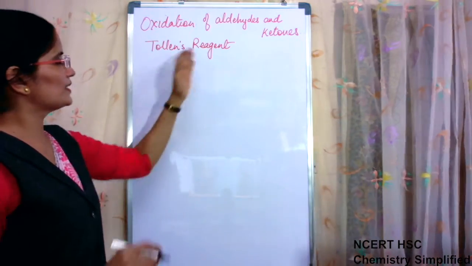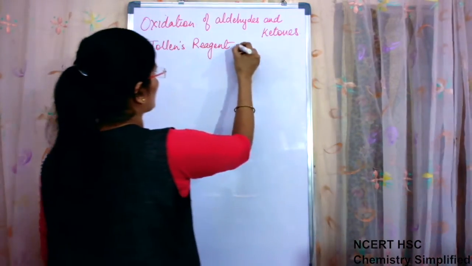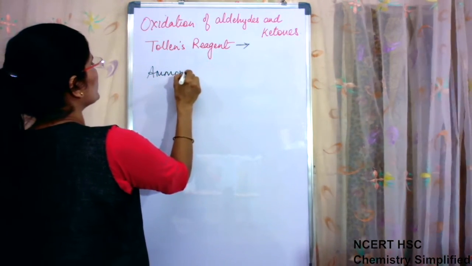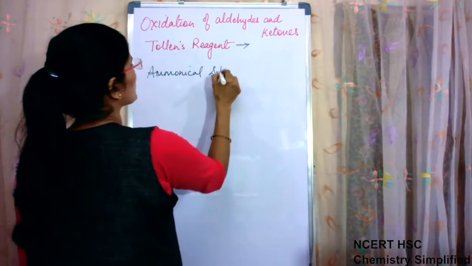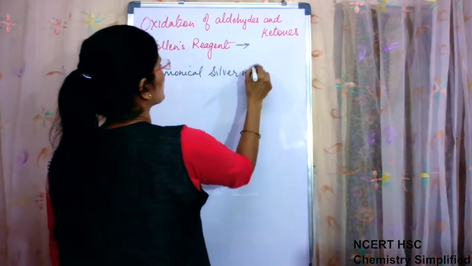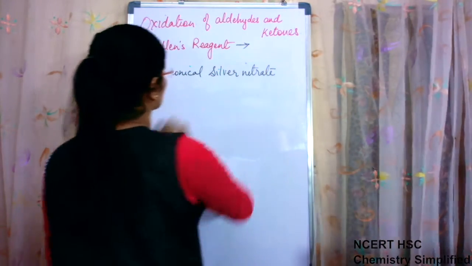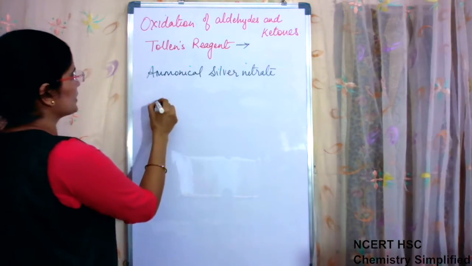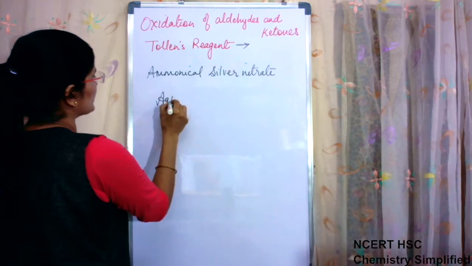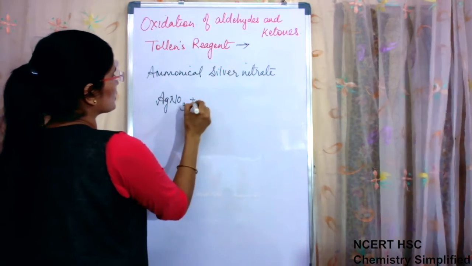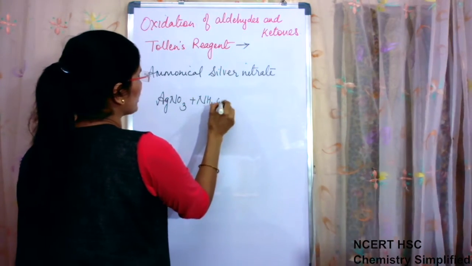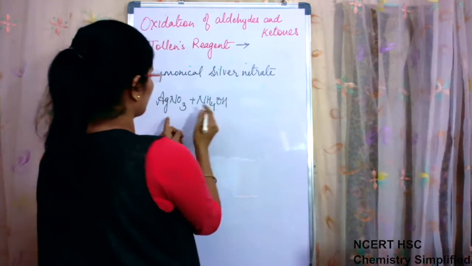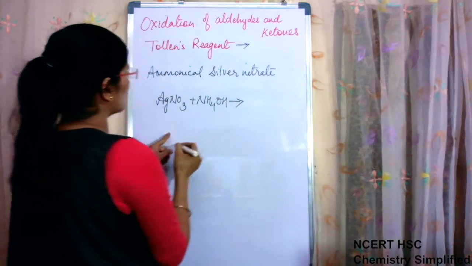So what is Tollens reagent actually? Tollens reagent is ammoniacal silver nitrate. Ammoniacal silver nitrate is known as Tollens reagent. That means silver nitrate dissolved in ammonium hydroxide becomes ammoniacal silver nitrate, and when these two combine, they form a complex